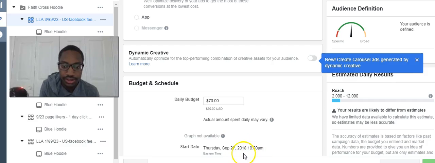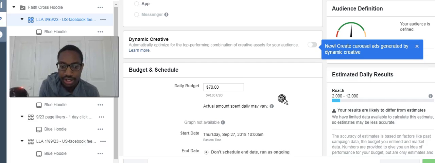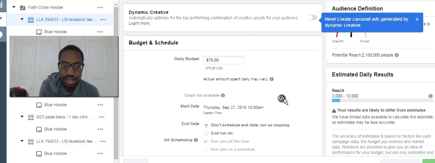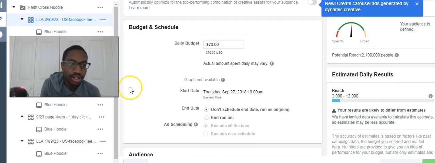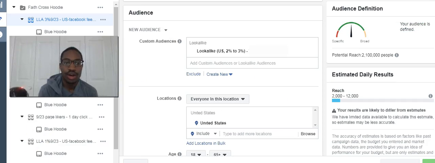I started it Thursday, September 27, 2018 at 10 a.m. And so that 9/23, the September 23rd, is when I created that lookalike audience. Alright, so you all can see right here, I'm using the lookalike audiences from 2% to 3%